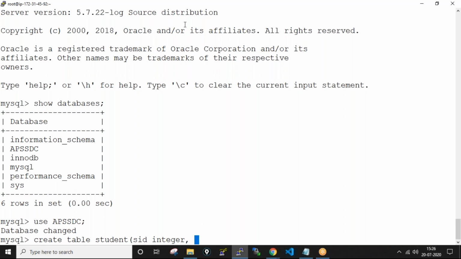We will check that consideration. So SID integer, and name varchar 10, and student branch is also varchar.